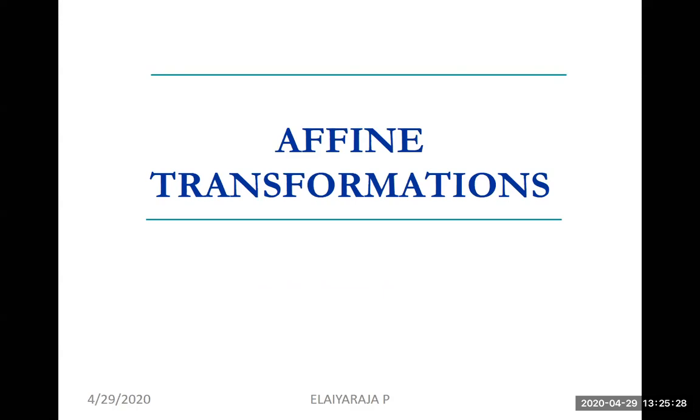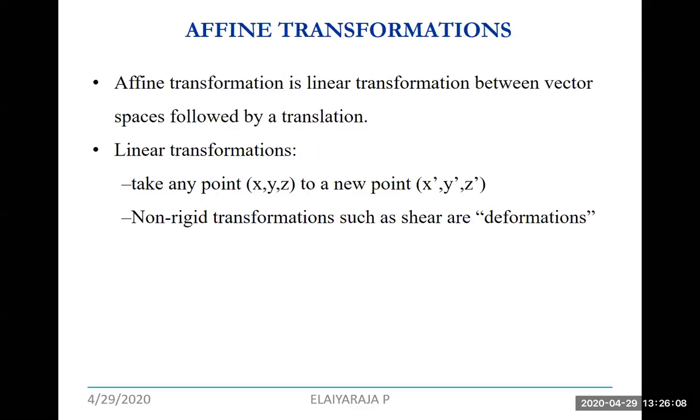Basically, affine transformations are about linear transformations. So what is a linear transformation? Suppose with respect to 2-dimensional, you take the coordinate values x and y. Whatever input you give, the output is affected equivalently. Suppose you double the input and you get double the output, that is a linear transformation. If there is any change over this, then it is a non-linear transformation.